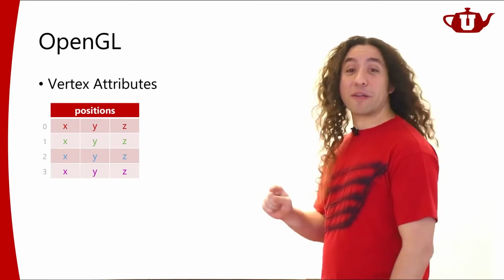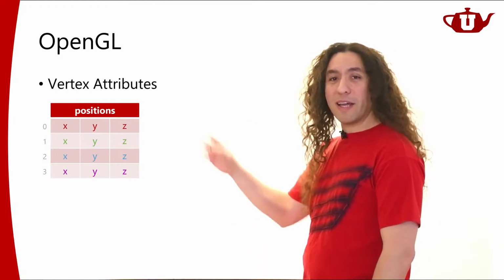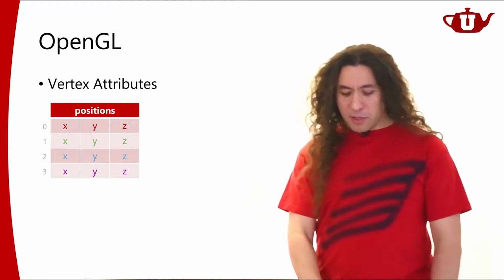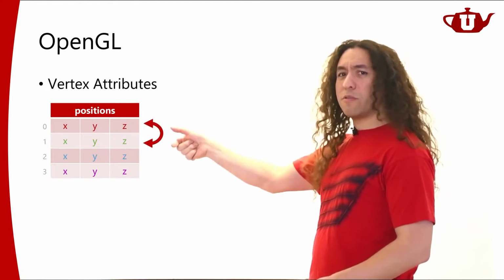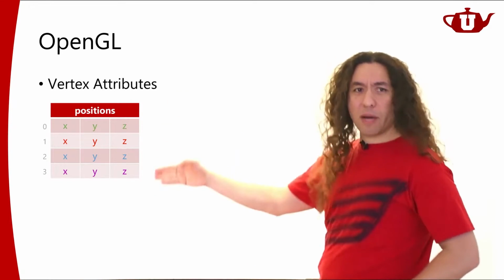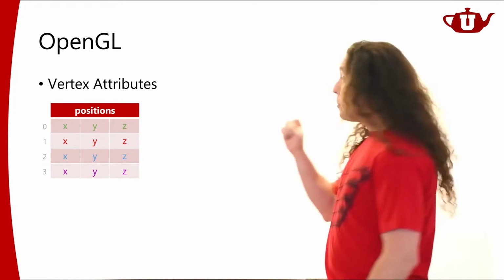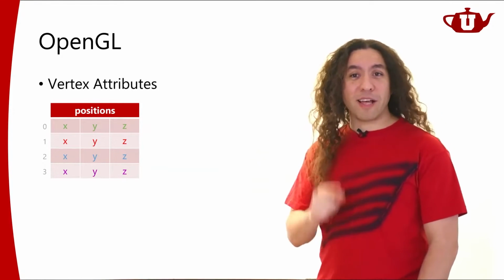So here's how that's going to work. This was my vertex buffer object, let's say. You know what I'm going to do? I'm going to do a little bit of pre-processing here. I'm going to swap the order of these two vertices. Okay, I swapped the order. Why did I do that? Because if I do this, I can render the two triangles like so.